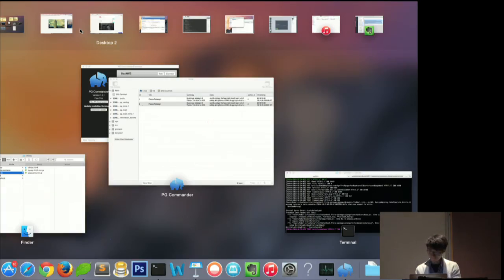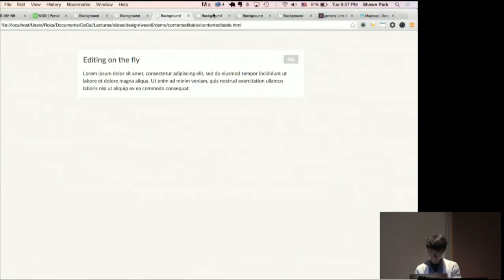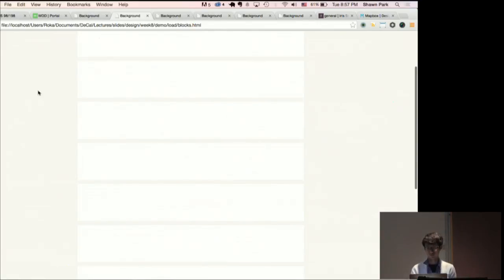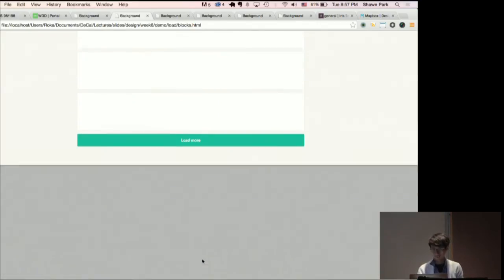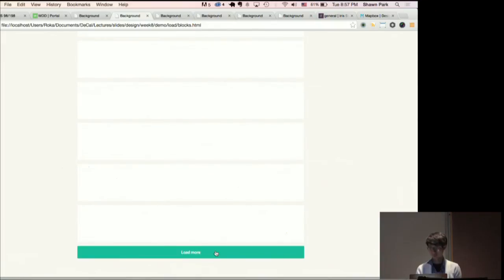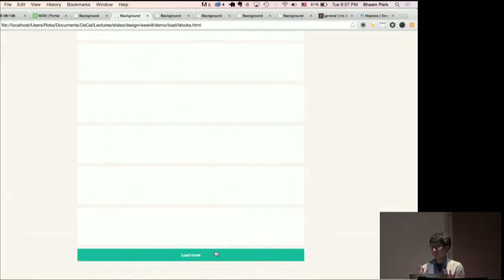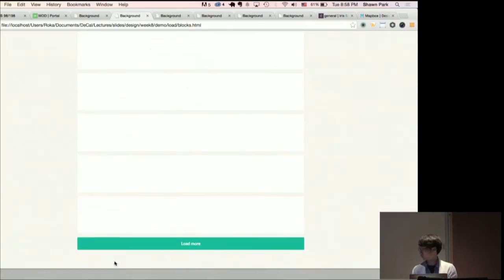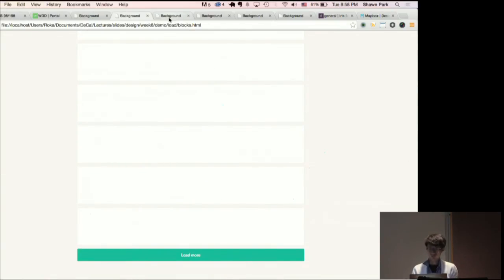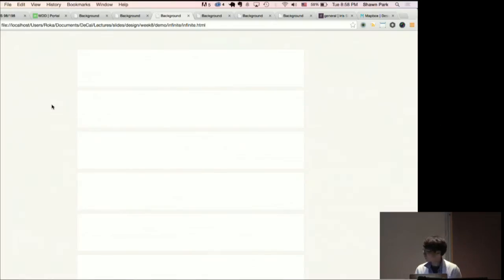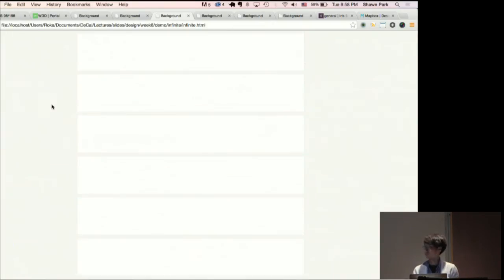I already have it open. This is blocks. So in the regular example, let's say I have a list of blocks. I reach the bottom of the page, and I have to click on it to load more. Click, load more, click, load more. There's this lapse in user experience. All the user wants to do on this page is read through the blocks of content, not worry about continuously loading new content. So what infinite scroll does is, if I reach the bottom of the page, it loads more content. So I can just go on and on and on as it loads.